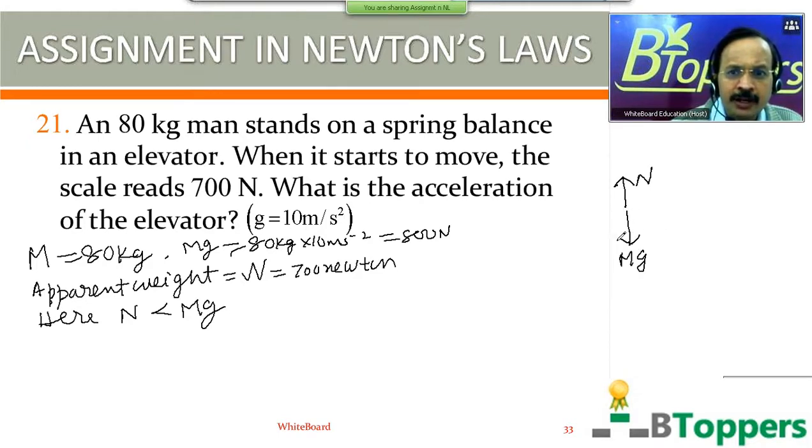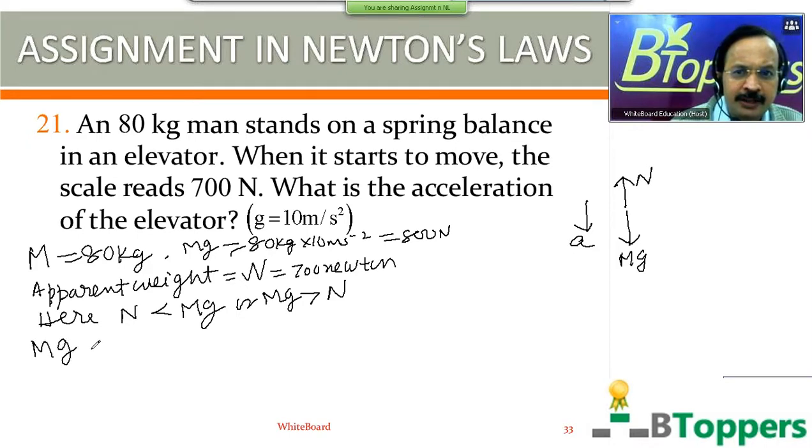So when two forces act on a body in opposite directions, the magnitude of the resultant force is the difference of the magnitudes of the two forces. And the direction of the resultant force will be in the direction of the force with greater magnitude. Here mg is greater than N. Therefore, the direction of the resultant force will be downwards. The direction of the acceleration is the same as the direction of the resultant force. So acceleration will be downwards. So the magnitude of the resultant force on the body in the downward direction can be written as mg minus N. From Newton's second law, that can be written as m into a.